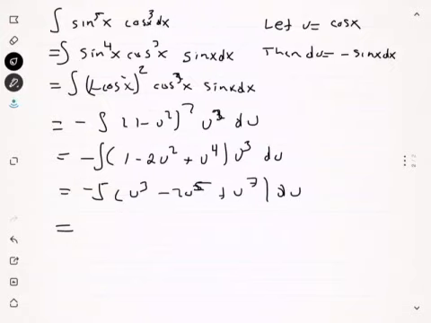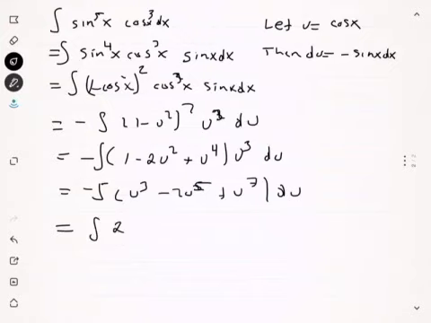The derivative of cosine is minus sine of x dx. Because of the minus sign, we're going to have